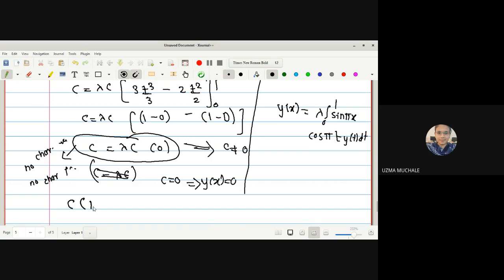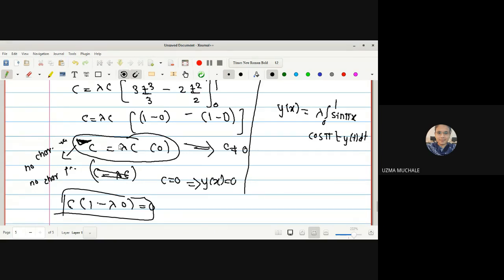We have to solve it by taking C outside: C into 1 minus lambda into that 0 is equal to 0. So the product of these two is equal to 0, so either of them should be 0. But this is also not clear, since here we have C minus lambda into some 0. So here also you are getting C is equal to 0, right? Yes, ma'am. In the equation we have obtained, it is not clear at all what values of C to choose. So at that time we can assume that the value of C is equal to 0, we have y of x is equal to 0.